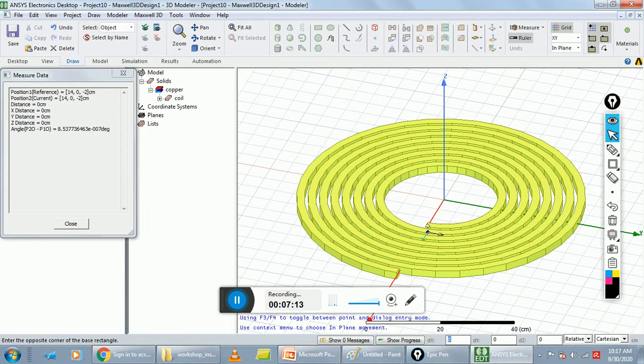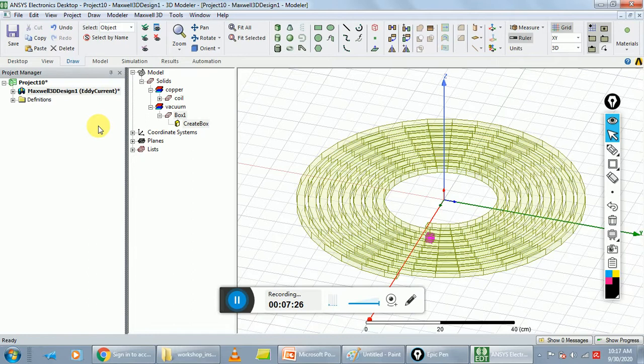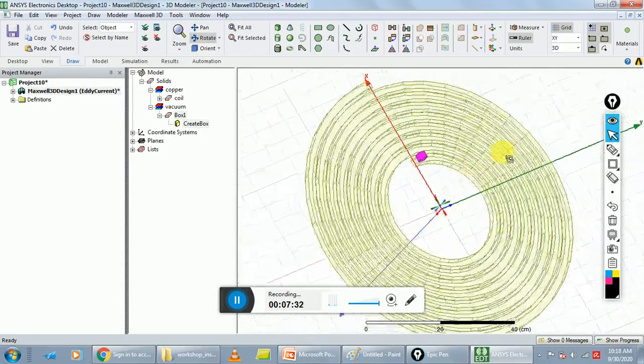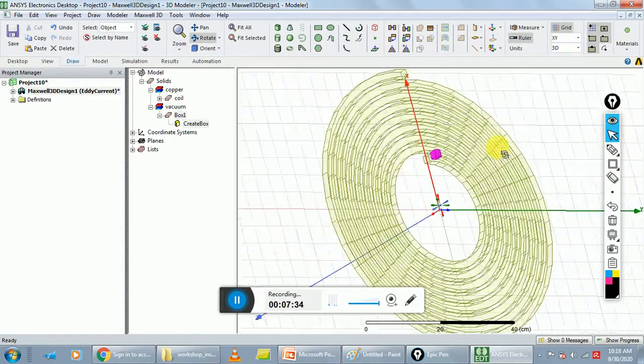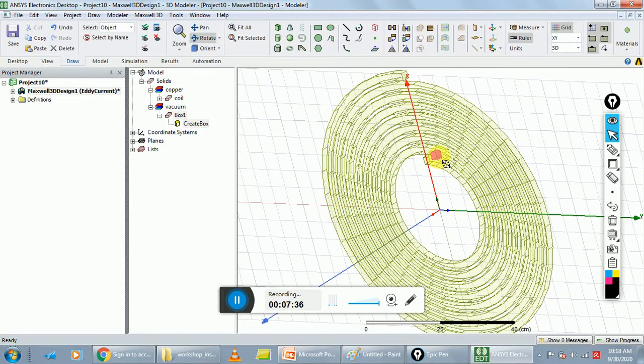X is 2, and y is 2, and dz is -2. Make it okay, and we rotate this coil. This is your box 1.